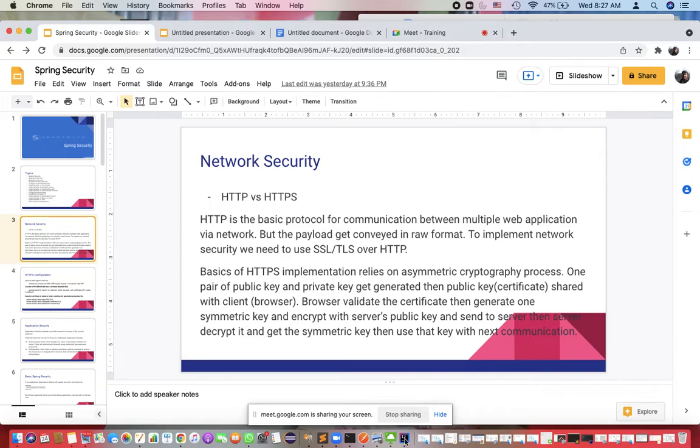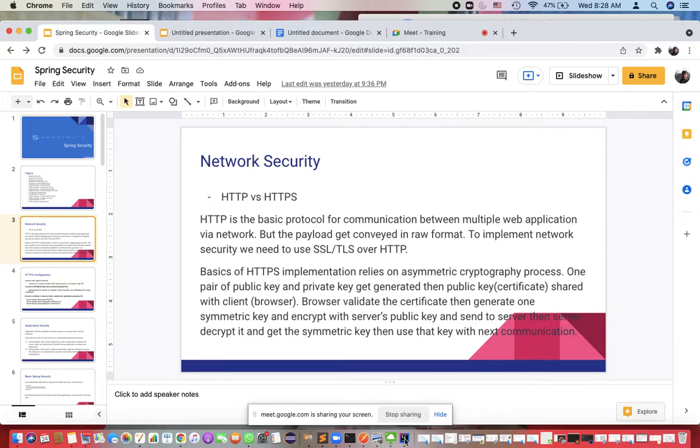Yes, so certification is basically nothing but a signed public key, right? You are getting the public key, then you are signing it and putting in some more information. Then you keep that certificate, public key and private key on your server. Whenever some client is trying to connect with you, you provide the certificate. That means you are telling the client that you can use this public key. Now the client will first check. The client can be a browser, so the browser's initial check is to validate that certificate, whether it is signed by some certification authority or not.